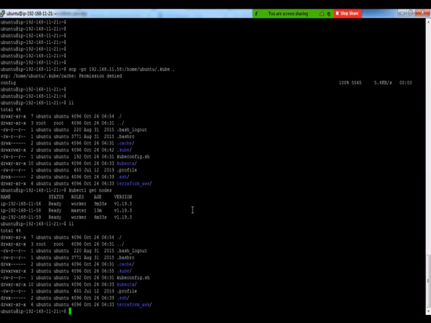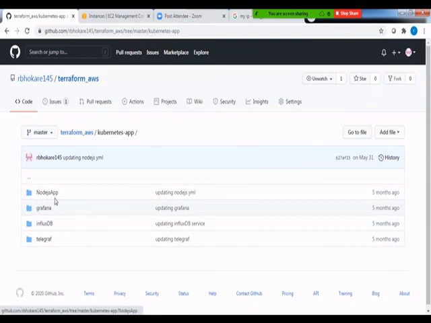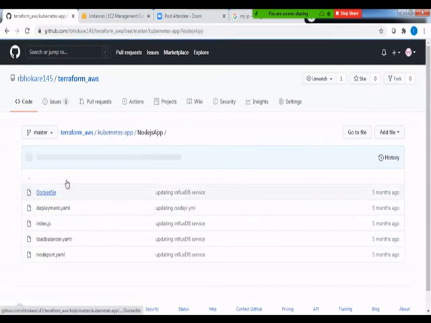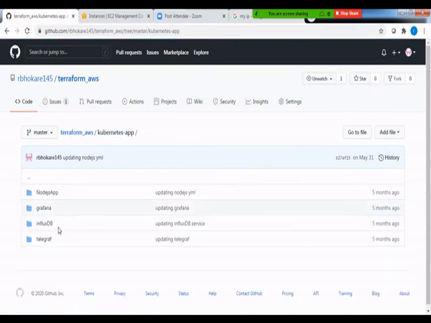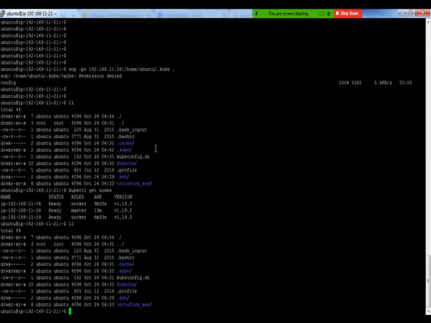Local app, we have got the Kubernetes cluster working with one master and 2 nodes, and now it's time to deploy some sort of an application on top of that. So as a part of this repository, I mentioned that I have kept some sample applications like Node.js, Grafana, some sort of a sample application that can be deployed. So what I'm going to do is deploy a Node.js application to a Kubernetes cluster.